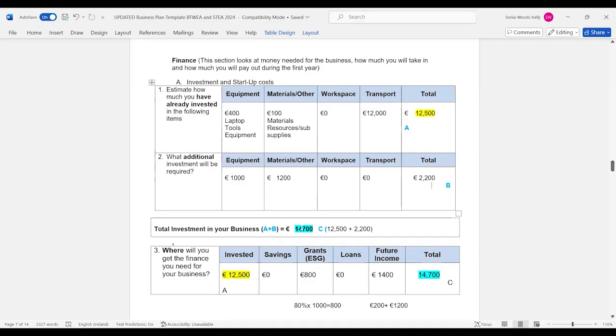Part 3 now asks where you plan to get the funds that you need for this investment. So the first one here is what you have already invested. So whatever amount of money you have up here that you have already invested in the business, include that amount down below there. So in this example, 12,500 is the amount that I have already invested in the business. So that 12,500 is already invested. I now need to look at the investment that is required, which is the 2,200. So the equipment, the 1,000 euros,